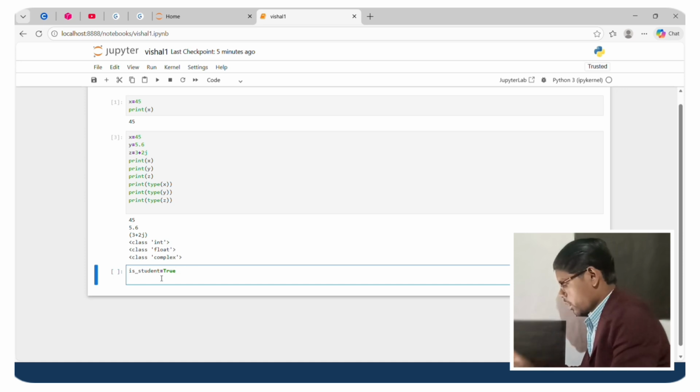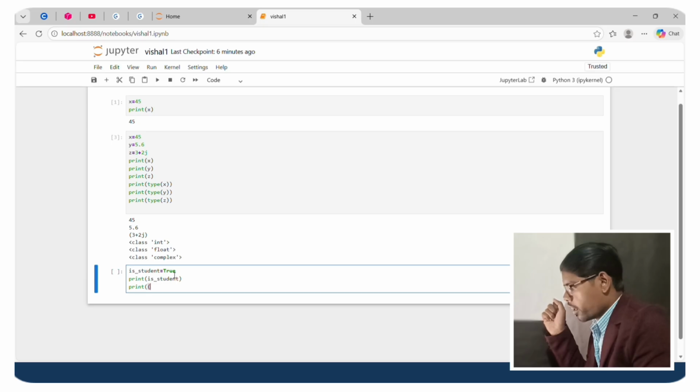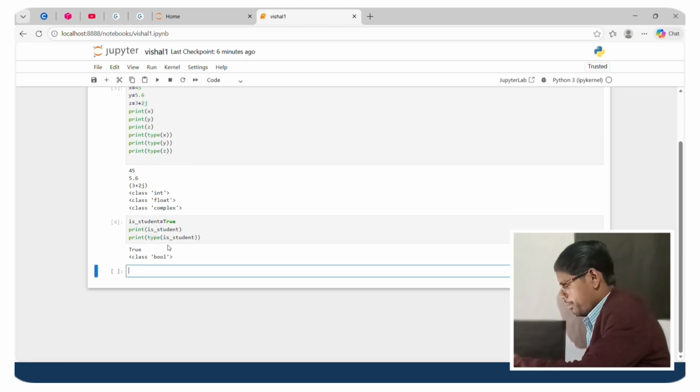I will print student and print its type, so I use the type keyword with the variable name student, and run. It contains the true value and its type is bool.